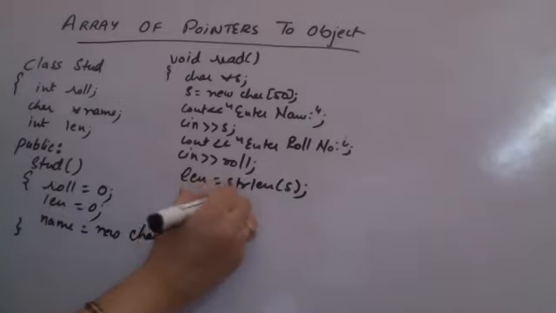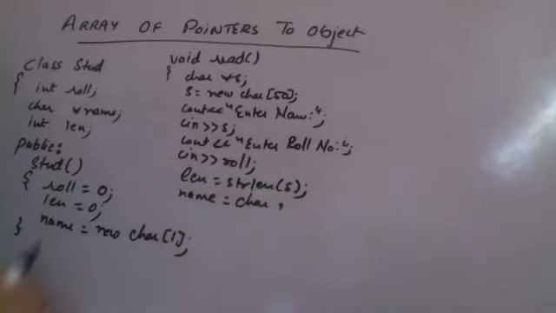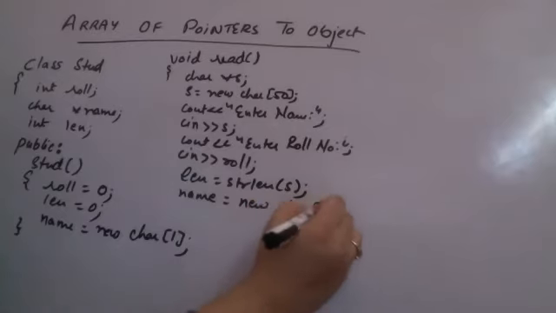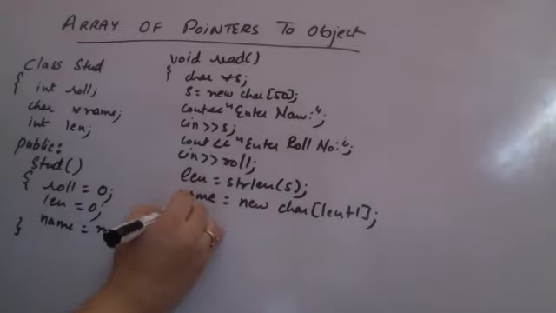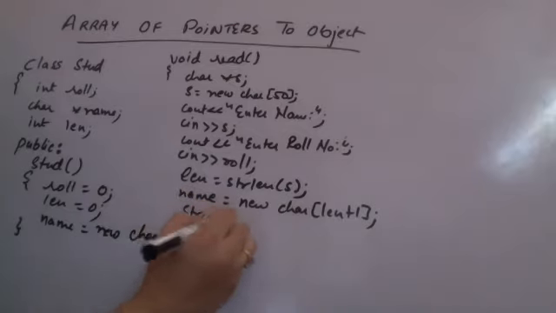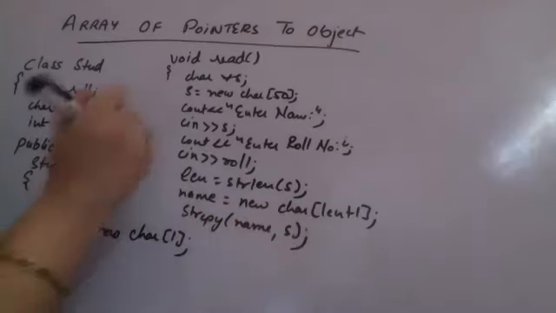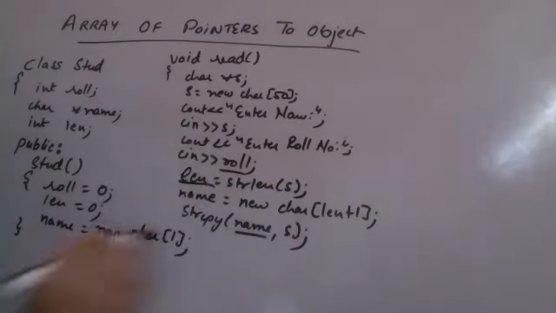First of all, you need to create the name. It is character, sorry, new of type character, array of size length + 1 for the null character. And now you can do string copy. Destination, source. So my destination is name, source is S. So roll number, name and length have got their values. So I close my read function.